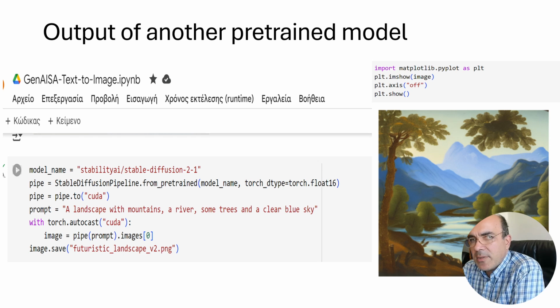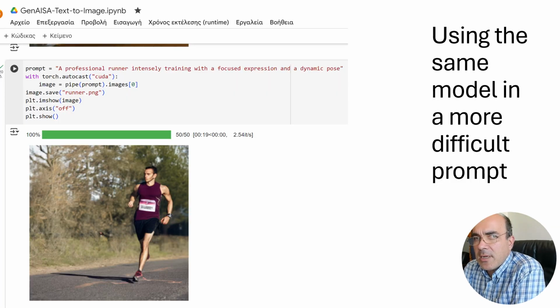Using a GPU runtime in Colab can significantly speed up inference, making image generation quick once the model is loaded. Once the pre-trained model is loaded into memory, it can be used to process and generate images from any text. Since the model does not need to be reloaded for each new text prompt, the main computational overhead is limited to text processing and inference, both of which are significantly accelerated when using a GPU.